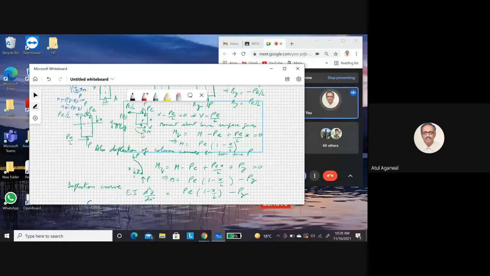This is the bending moment M, minus P clockwise moment applied from the top. This force P by L is causing a counterclockwise moment. So you get this bending moment. Now suppose there is a deflection of the column. I told you this column is going to deflect like this or in the other direction.